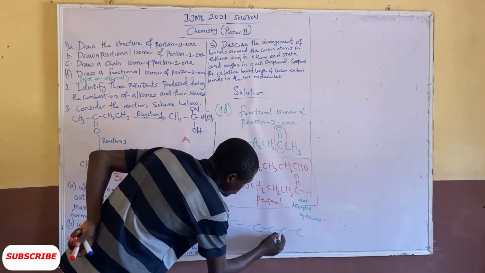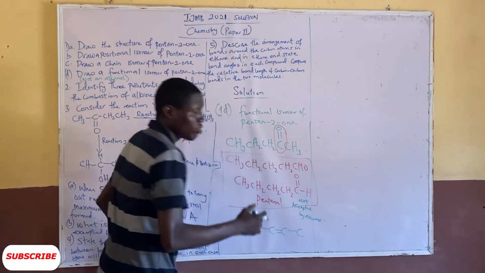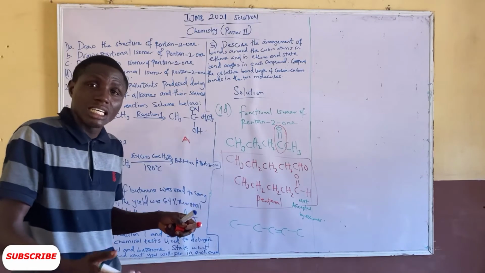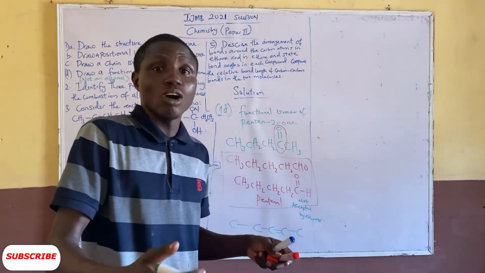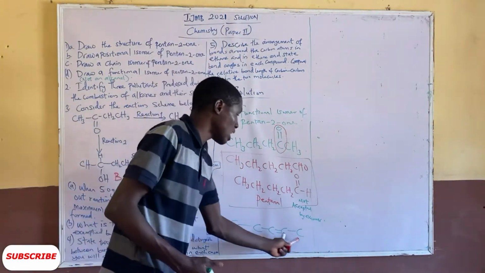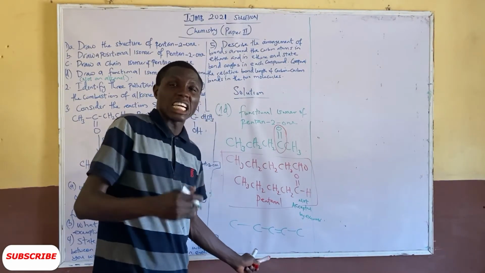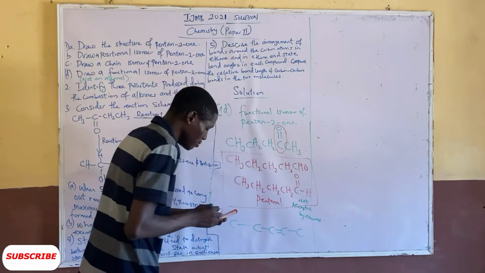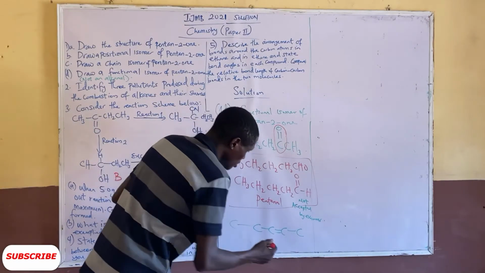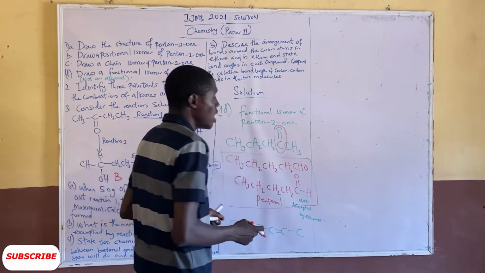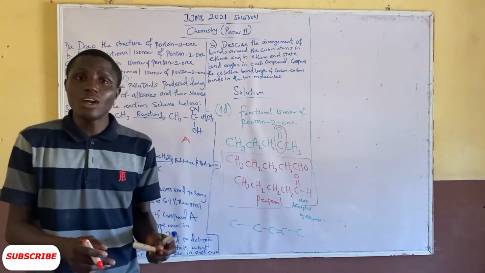We introduce the double bond at carbon 2, because it cannot be at carbon 1, and we must give it the least numbering. Since it cannot stay in carbon 1, we introduce the double bond in carbon 2. So now the double bond is staying in carbon 2. Now since we have oxygen, we can only have